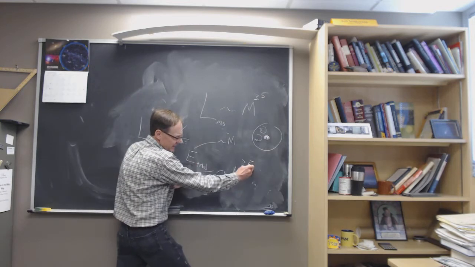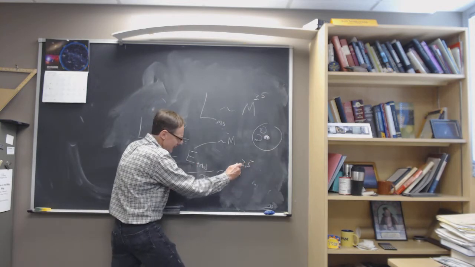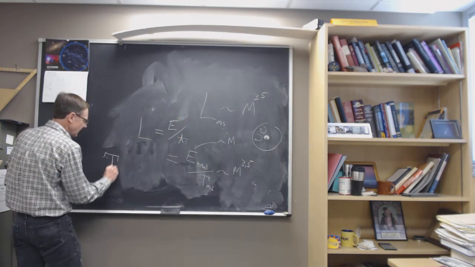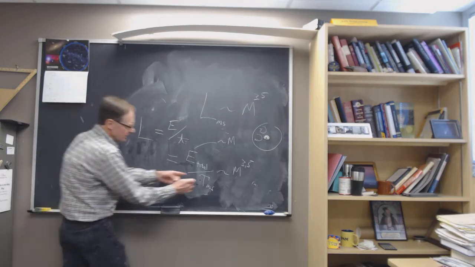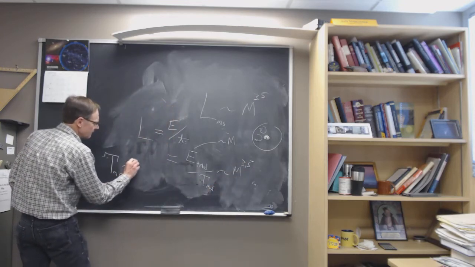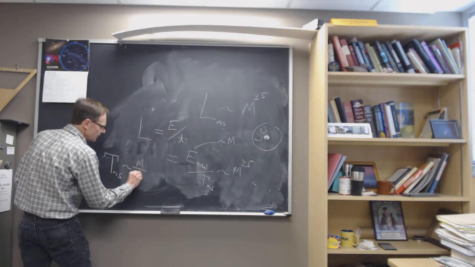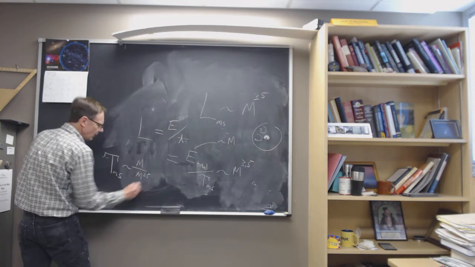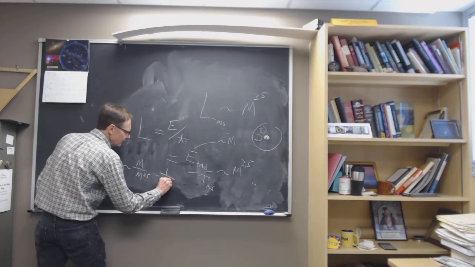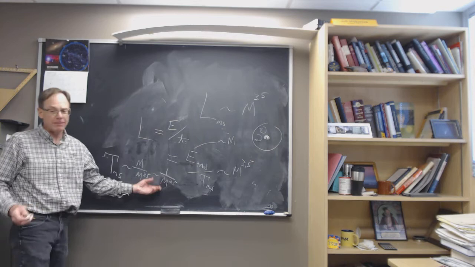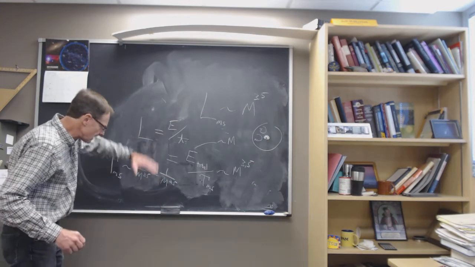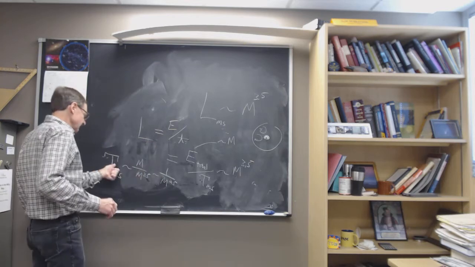Let's move the main sequence lifetime up over here and put the mass down here, and then we're going to get something that says the main sequence lifetime. All we've done is a swap. We move this up here, we move this down here, and that says it's going to be proportional to mass over mass to the 3.5, or 1 over mass to the 2.5. So again, mass is in the bottom, and if mass is in the bottom, then that means higher mass stars are going to have a smaller number